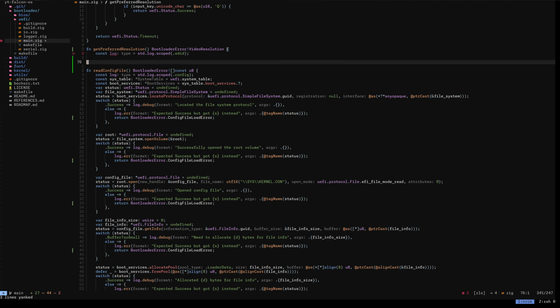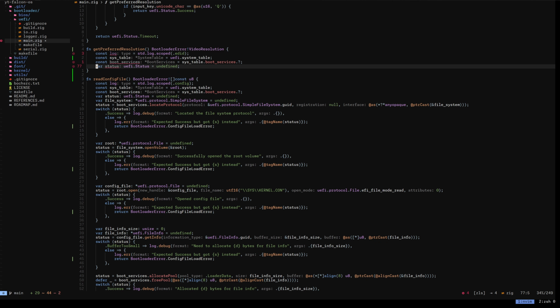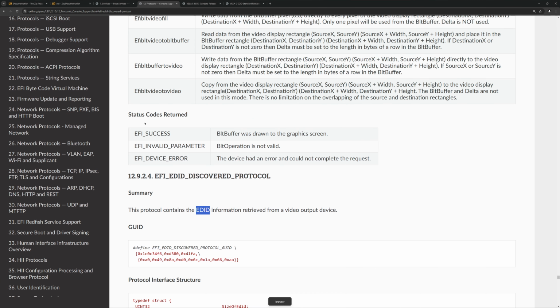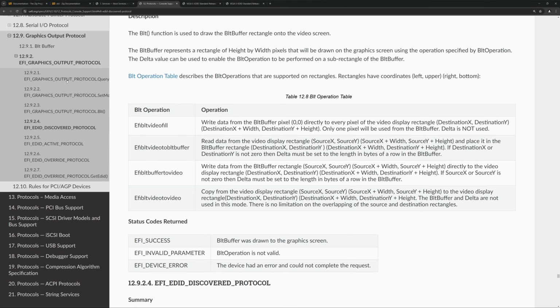Actually, let me just take all three because we need the status. Now, the idea is to get a list of all devices that are video output devices, right? And to do that, we are going to ask